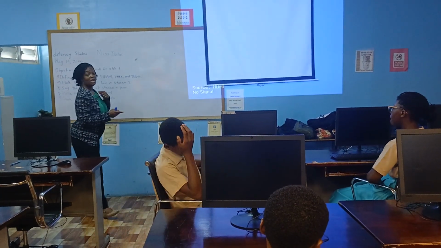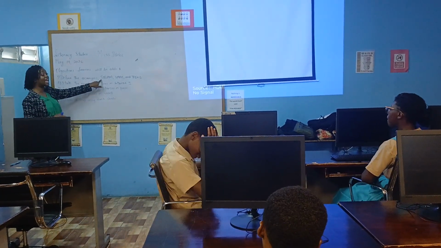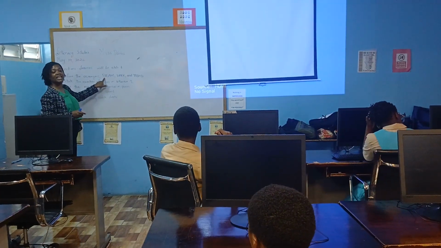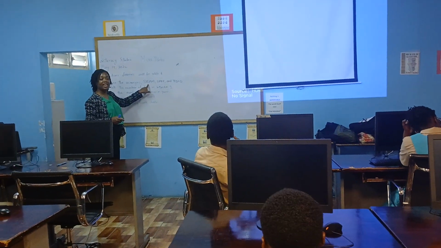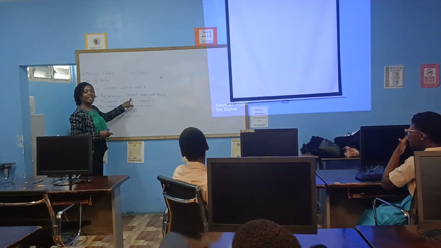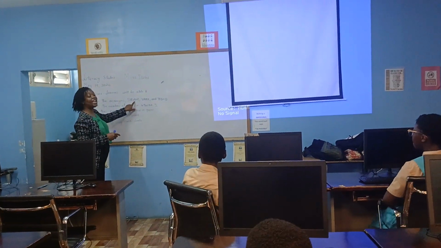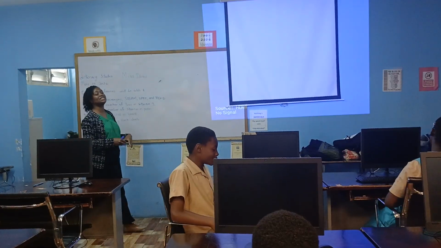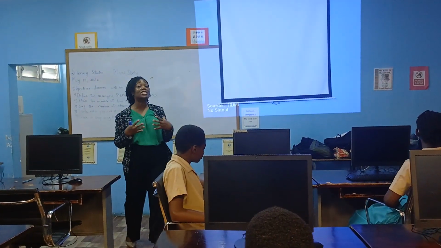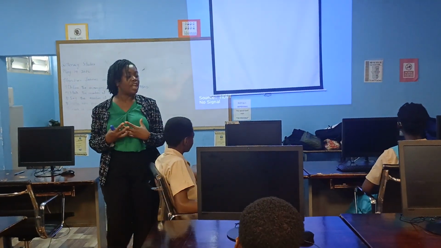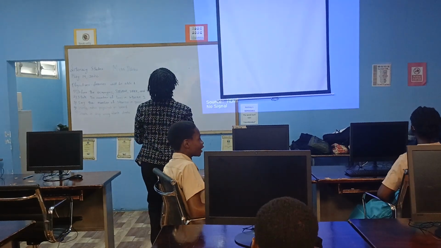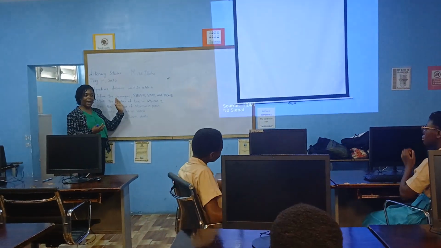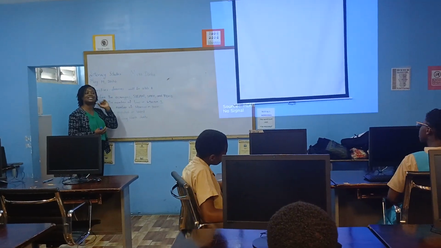Arts. So you tell me now, I want to make sure you're listening. What does the S stand for? Science. T. Technology. E. Engineering. A. Arts. M. Mathematics. And together it spells the word STEAM. Alright? So acronym is an abbreviated or a shortened form of a word. Okay? So we just looked at STEAM.